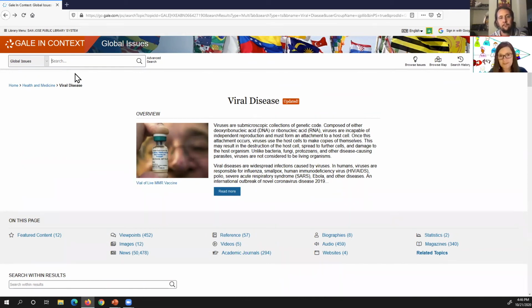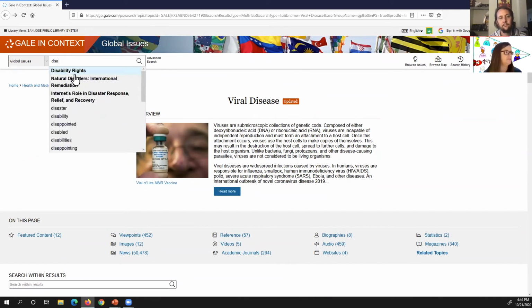So one of the things here, if you're doing this, I'm going to search for disaster. You can see the ones they have up at the top that are bold are their context articles. That's where you get the overview and then you get everything divided up.